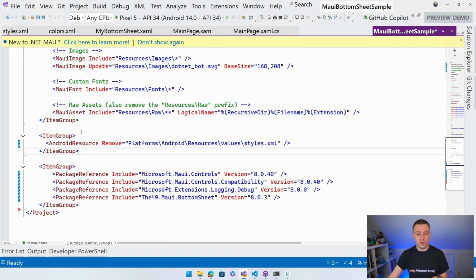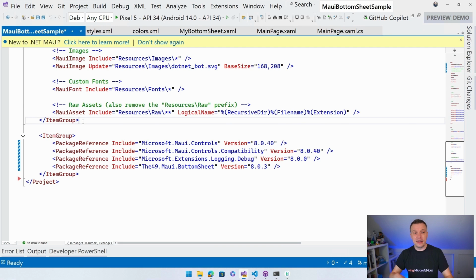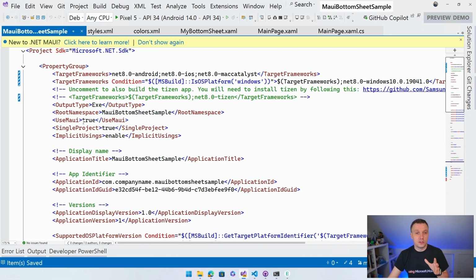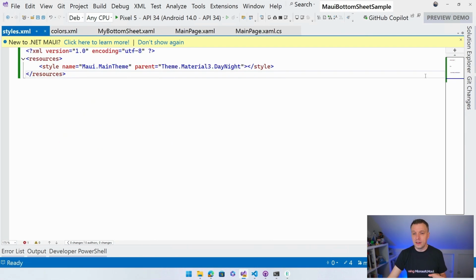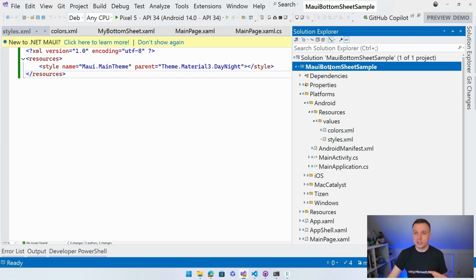So I just have to remove this node because we want that XML file to be processed, right? So remove that node, it's not needed. Build your project again, and whenever you do, you're going to deploy it. And now if you don't set a custom color, then it's just going to show the handle in the default color. But if you did set the color, then it's going to show red in this case, right? So this makes the little handle on the top of your bottom sheet show up for Android as well.